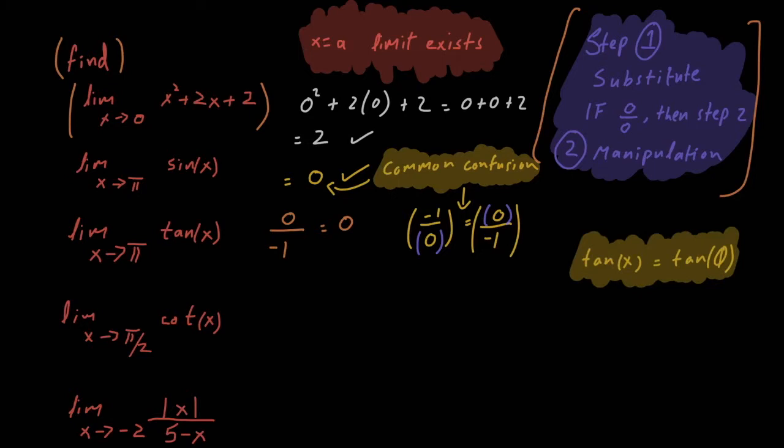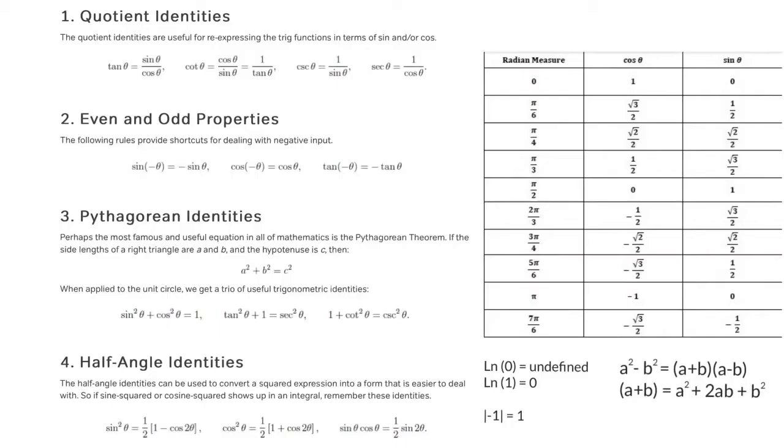Question number 4. Find limit as x approaches pi over 2 of cot of x. To solve this, we have to jump again to our formula sheet. Over here in the quotient identities, we can see that cot of theta can also be written as cos over sine of theta. So cot of pi over 2 can also be written as